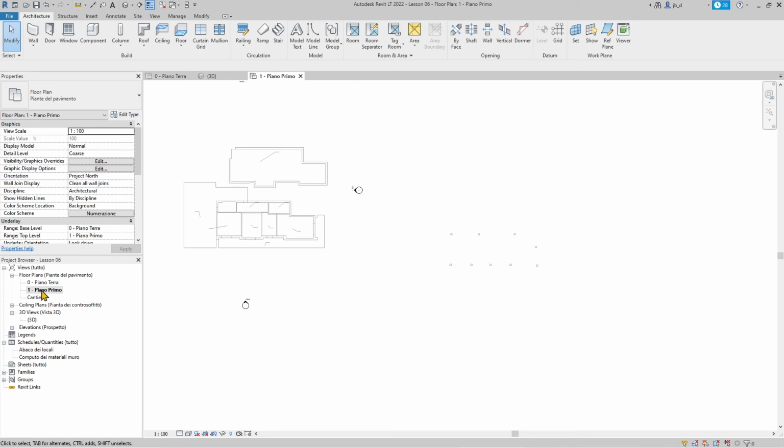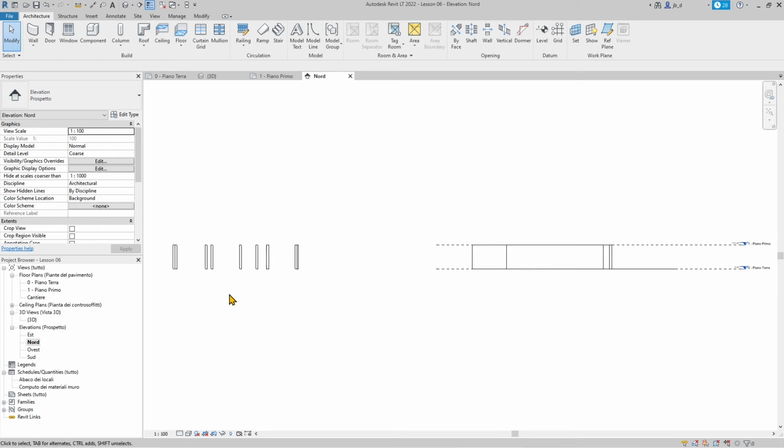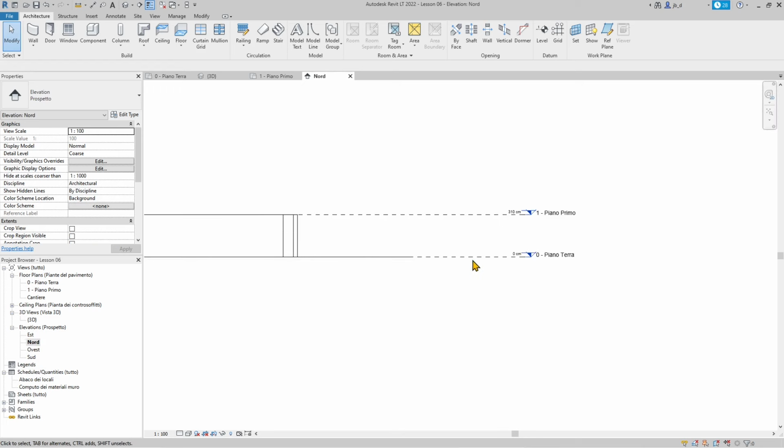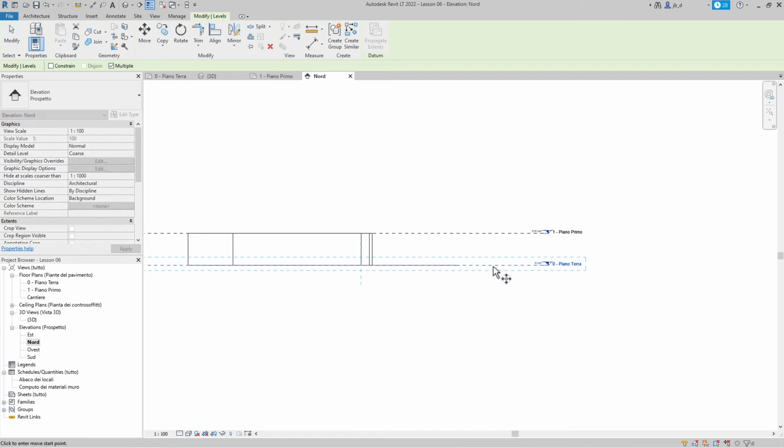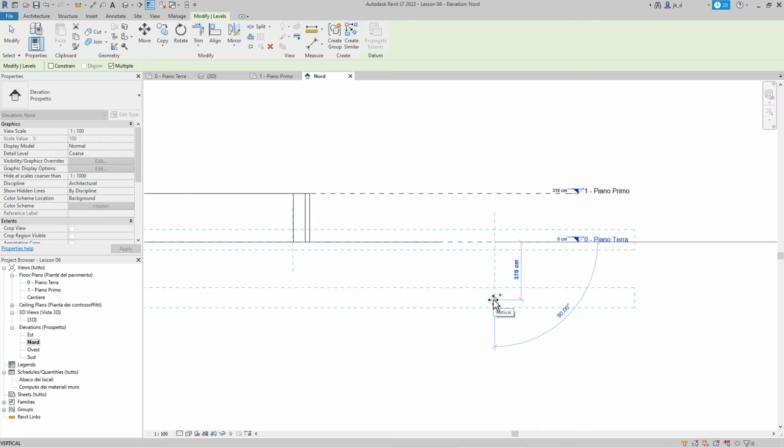Now, if you see here, I want to show you in the elevations. I want to create an extra layer. So I want to copy this just by copying the layer, okay, and place this at 400 centimeters. Now, if you zoom